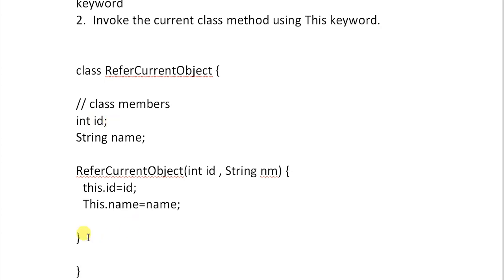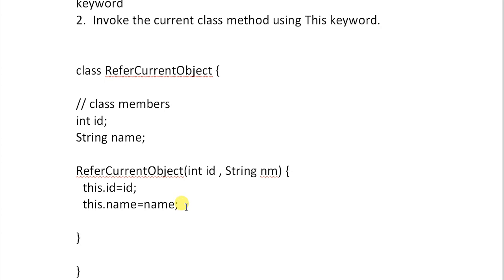That is the reason we are telling this dot ID equal to ID means it will refer to the current class instance, and this name is the second member. Okay, so now how can I use this?